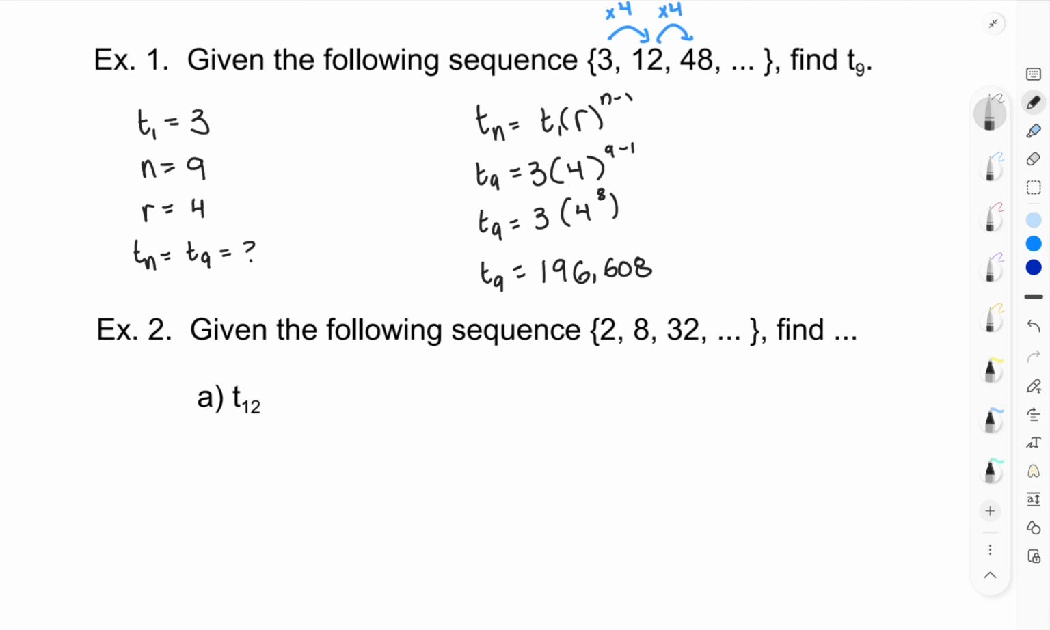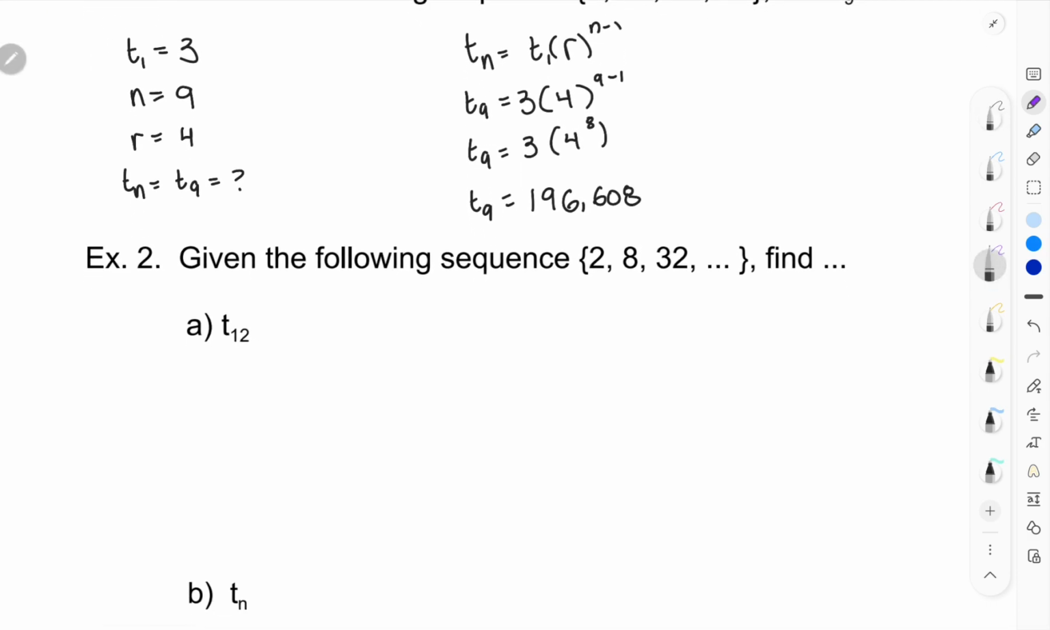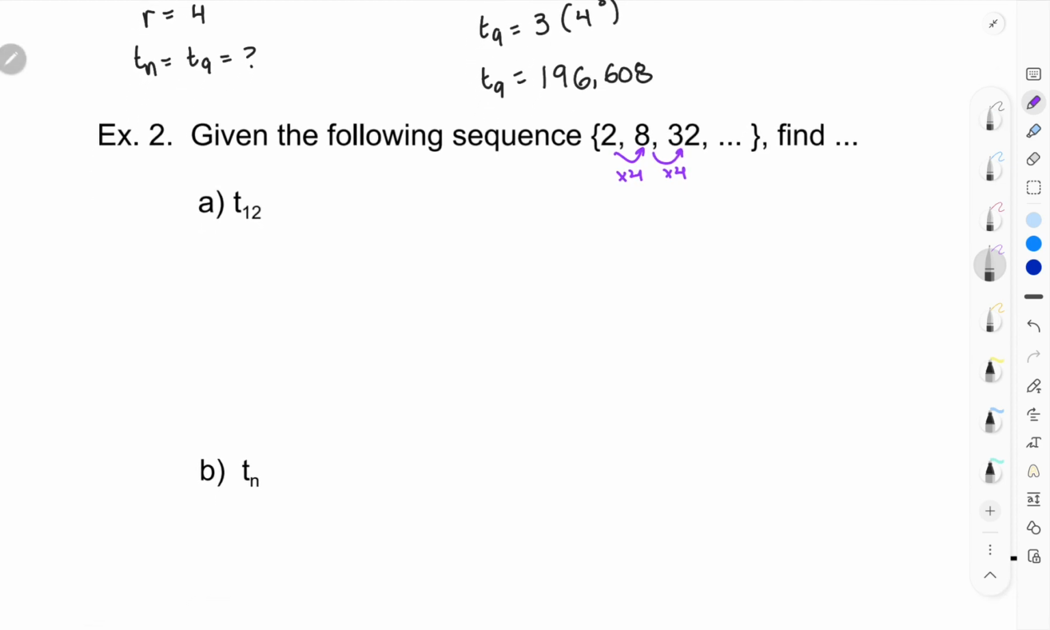So let's look at another sequence. Check if it's geometric. Say I'm multiplying by 4. Is that constant? Yes, I'm going to multiply by 4 each time, right? And I need at least 3 terms to help me identify if something is truly a pattern like that. So if I want to find the 12th term,